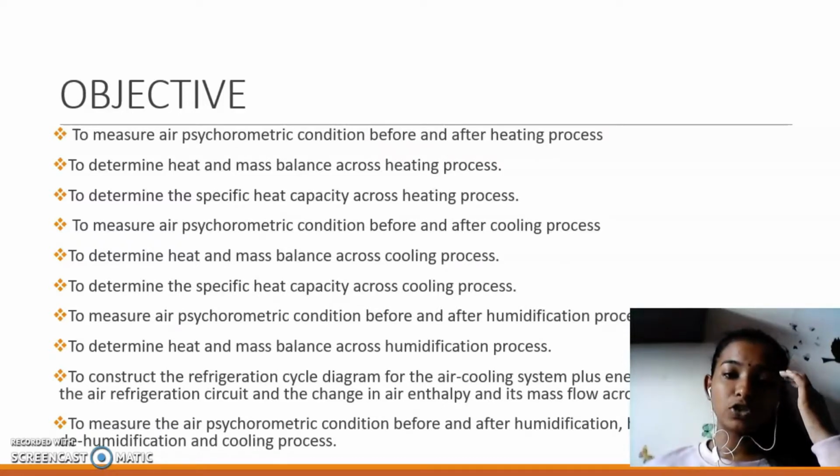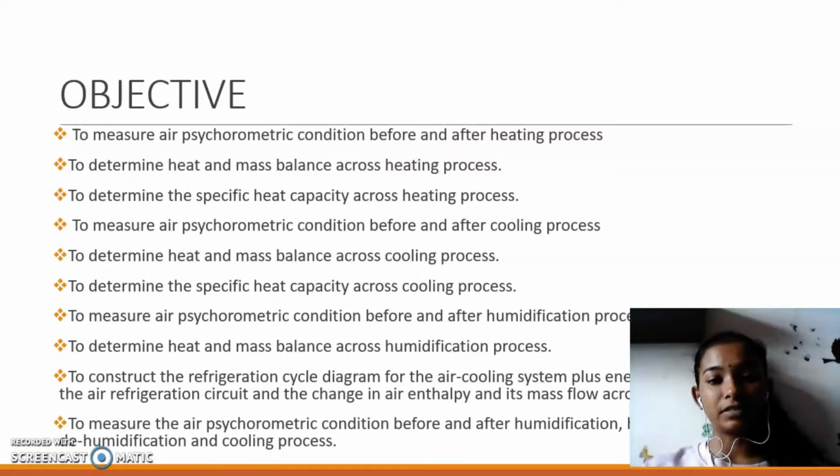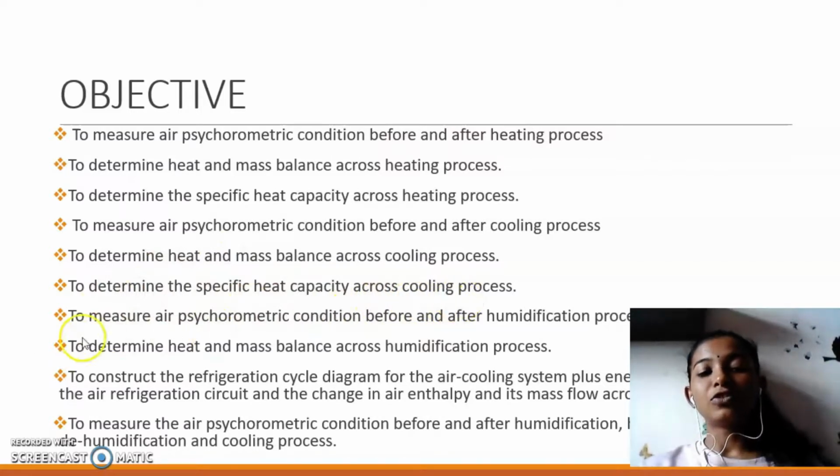Alright, the first one is to measure air psychrometric condition before and after the heating process. The next one is to determine heat and mass balance across the heating process, to determine the specific heat capacity across the heating process, to measure air psychrometric condition before and after the cooling process, to determine heat and mass balance across the cooling process, to determine the specific heat capacity across the cooling process,